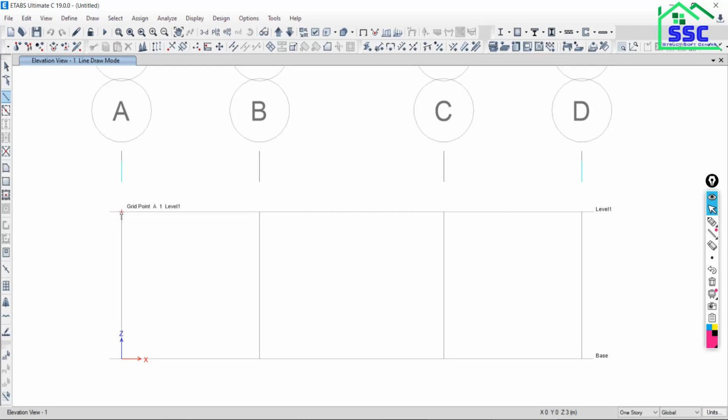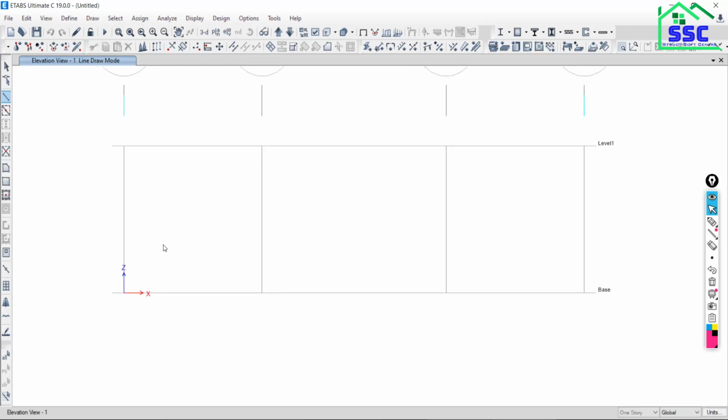Yeah, it is actually the definition of this point. It is the grid point which is at the intersection of A and 1, and this point is actually at the level of first. When you take the cursor here, it is the grid point B and 1 intersection, and this point is at the base. Okay, just for your knowledge, just click over this point and freely move to the next point where you want to end this line.